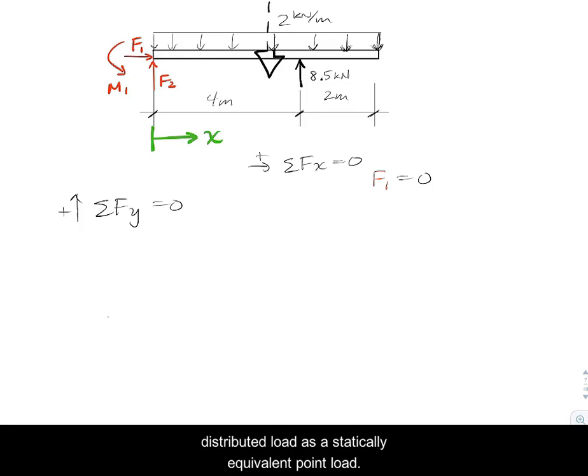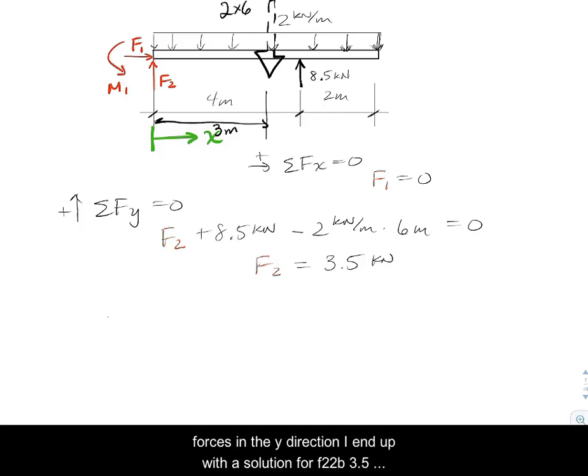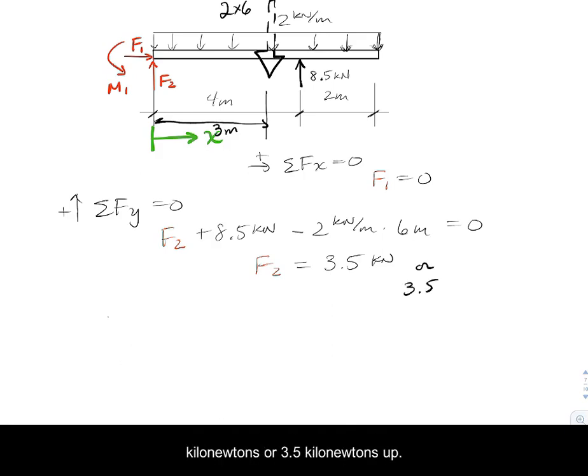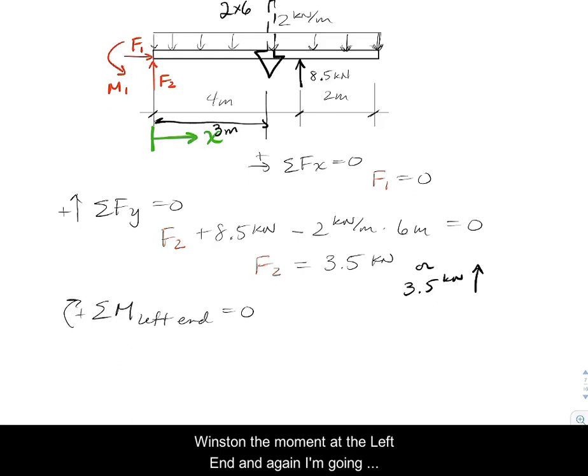representing the distributed load as a statically equivalent point load. Its value would be 2 times 6, which is equal to, again, 12 kilonewtons. Right? Its placement would be at 3 meters. So if I sum forces in the y direction, I end up with a solution for F2. It's going to be 3.5 kilonewtons up. And so to solve for the moment, I can go ahead and sum moments at